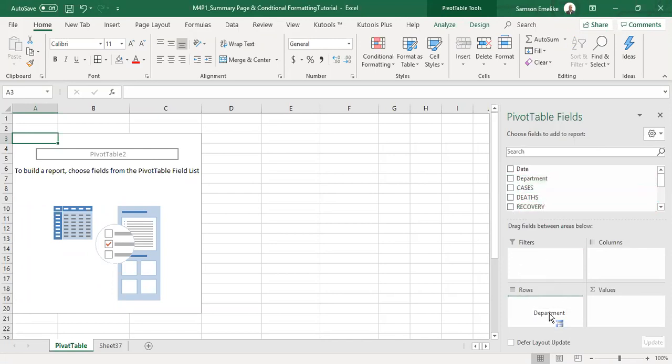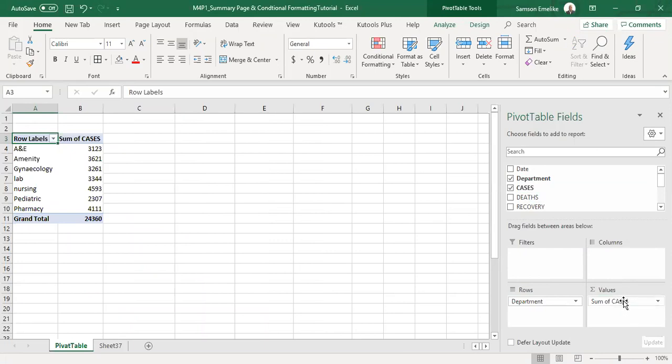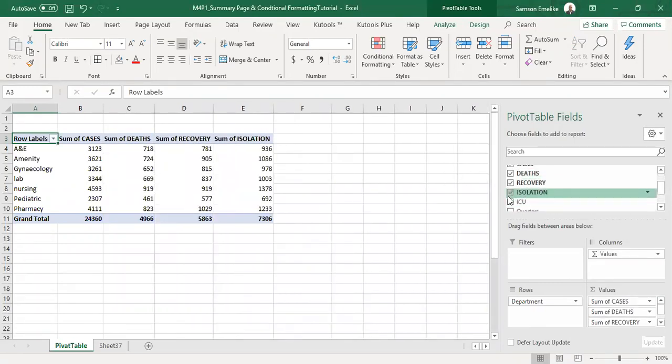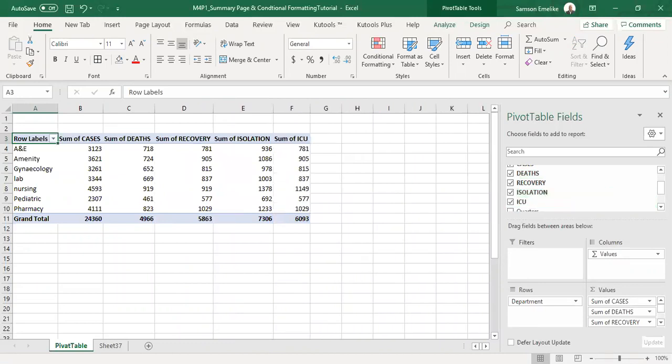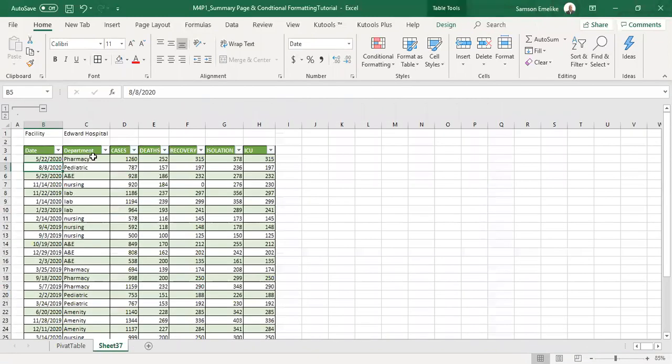So I want my department to come under my rows, which has been arranged like this. I want to look at my cases now. I click here and it comes here. Remember, if you click here, it simply adds there. All of them that have numbers, by default, go to that side. And then, what else do we have in our table that is a number? Department? Okay, this is the only thing. So assuming you have region,